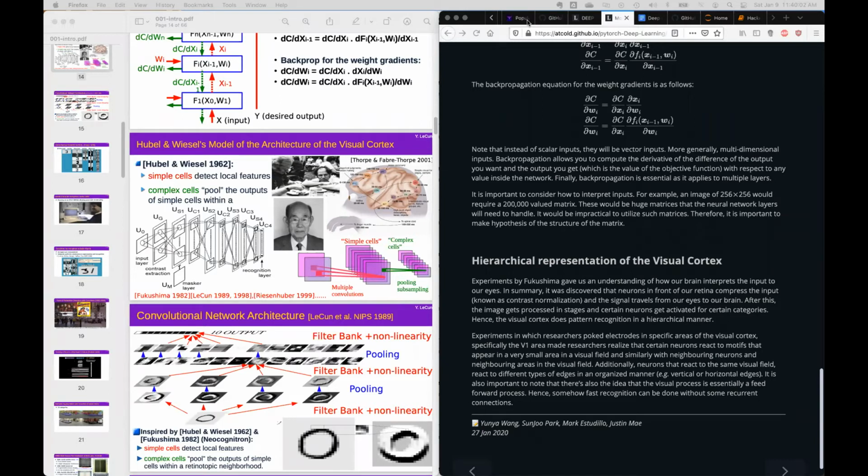So what ended up happening in, I think, the late 50s, early 60s, Hubel and Wiesel tried to understand the cones in the cornea and basically tried to understand the neurons. They tied down a cat, obviously so it wouldn't scratch them, and put a board in front of the cat. They put probes into specific neurons and tried to identify if any electricity went through them. So they flashed pictures in front of the cat,